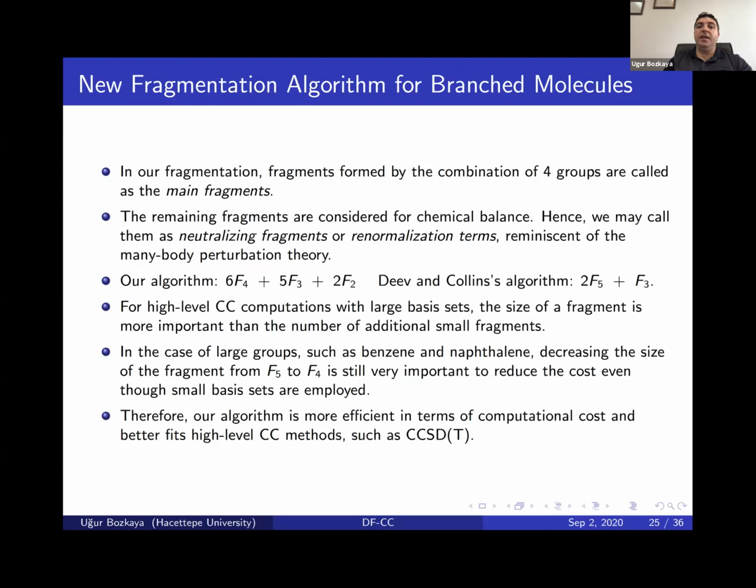And in the case of large groups, sometimes a group can be as small as a methyl group, but sometimes it can be as large as a benzene or naphthalene in aromatic compounds. Therefore, in case of large groups, decreasing the size of fragment from F5 to F4 is still very important to reduce the cost, even though small basis sets are employed. Therefore, our algorithm is more efficient in terms of the computational cost and better fits high-level CC methods such as